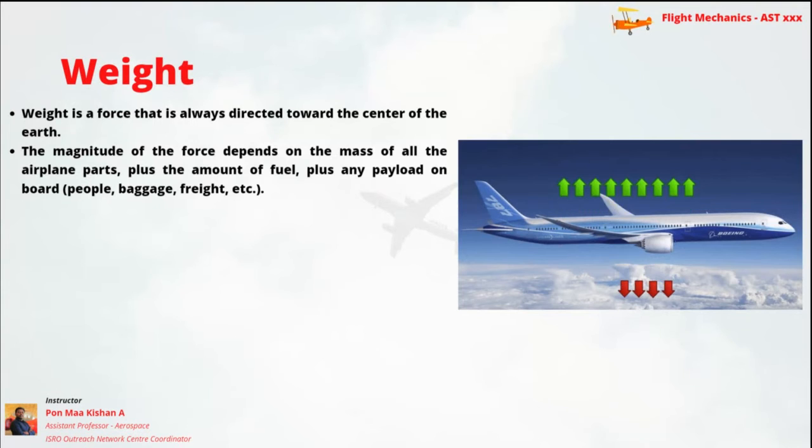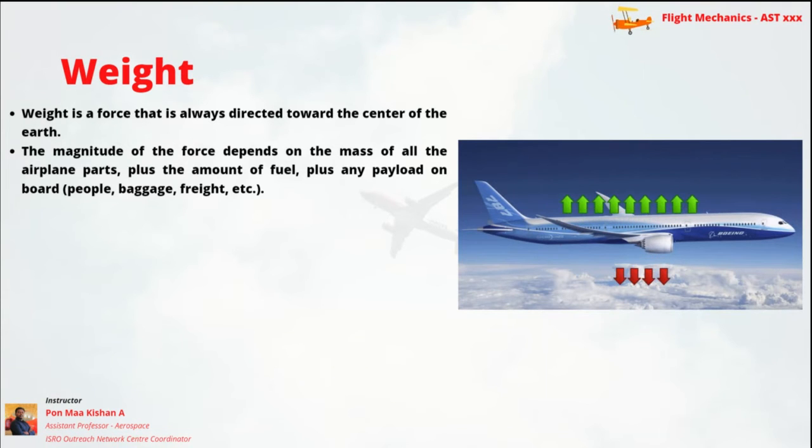Right, so here the weight force is acting towards the center of earth. We know that it acts at the point of the center of gravity and towards the center of earth. Our earth is a planet, spherical in shape, revolving around the sun and rotating itself also, right? So one of the important factors is why we say it is always directed to the center of earth. Suppose the aircraft is flying, so the center of gravity is here and the weight force is acting, right?